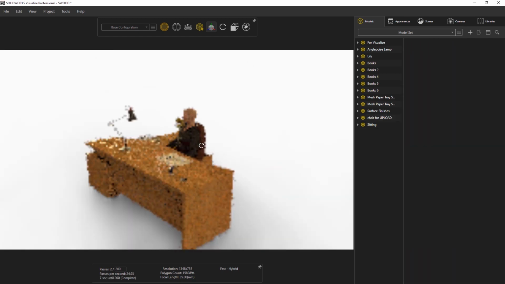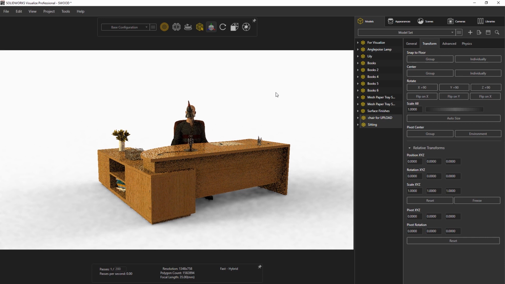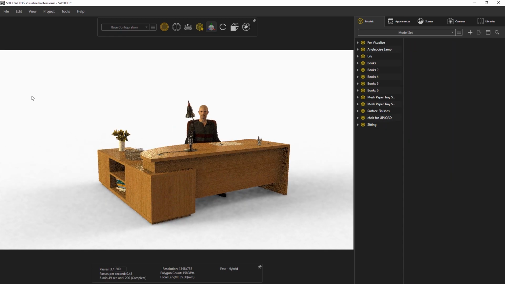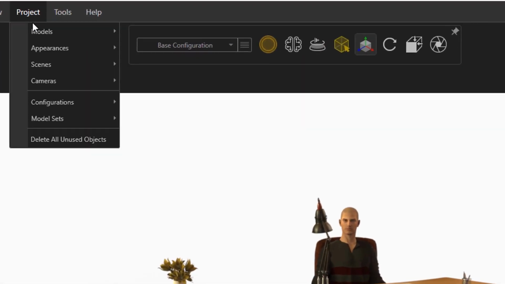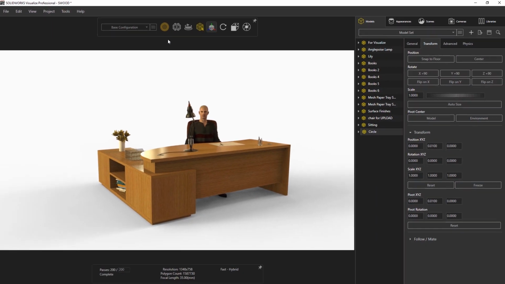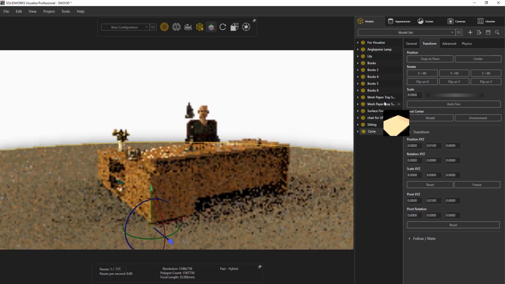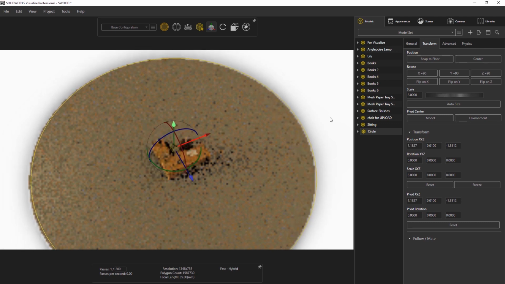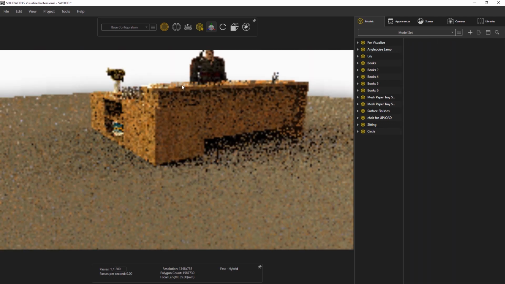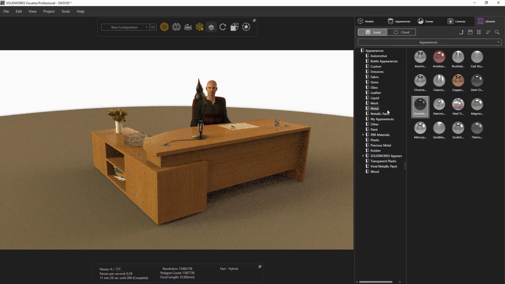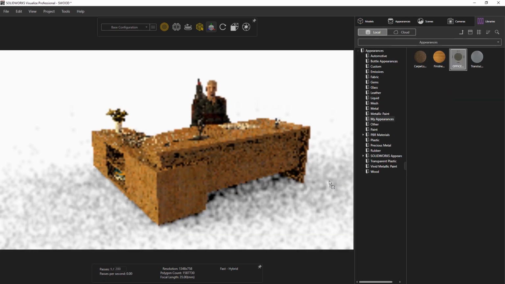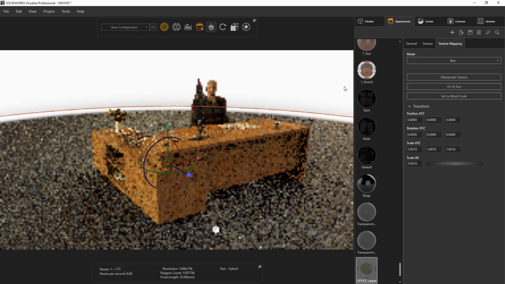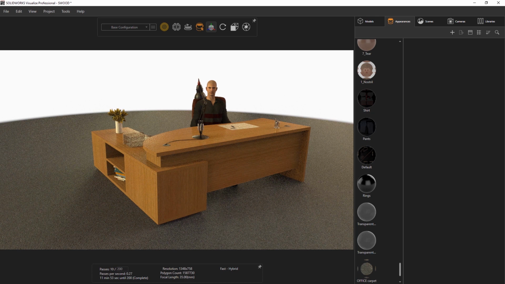The final part that we shall add is the floor, so we can add the carpet texture. Obviously you could do this in SOLIDWORKS, but you can also add primitive shapes straight into Visualize from the Project, Models, New Model menu. Scale this up and make sure it is not exactly on the floor, otherwise you'll get hashed graphics issues. Move the other parts up to sit on this floor and add a carpet texture such as the carpet weave. In this case, the appearance includes an alpha channel to fade the carpet out at the sides as well.